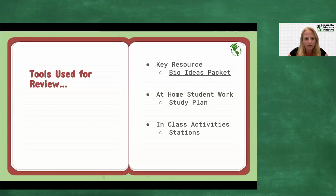Now, Kevin mentioned the essential knowledge statements that in the course and exam description appear on the right-hand side. During this review time in particular, I emphasize essential knowledge statements, obviously in my teaching, but I really emphasize them to students during review because students are feeling overwhelmed at this point in the year, right? Our students are feeling that as well. And so there's this whole idea of what do I study? And what I have found is that for most students, studying defaults to staring. So they're doing something very passive, staring at a page,